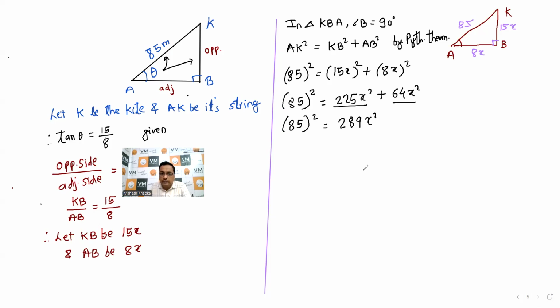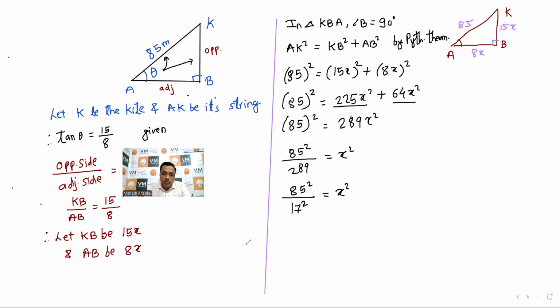289x square. Okay. Now this 289 and x दोनों के बीच में कोई साइन नहीं है, there is no sign, so therefore multiplication sign. तो फर्स्ट वी हैव टू फाइंड वैल्यू ऑफ एक्स. So 289, whenever multiplied, इसको दूसरे साइड शिफ्ट करो, it becomes divide. So 85 square upon 289 and this side is x square. Now this 289 actually is the square of 17. So 85 square upon 17 square, in the place of 289 हम लोग ने लिखा 17 square, and this is